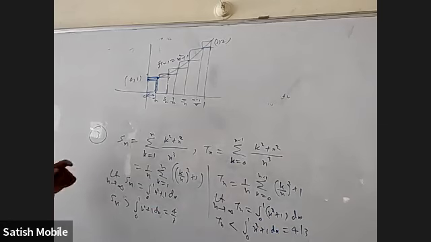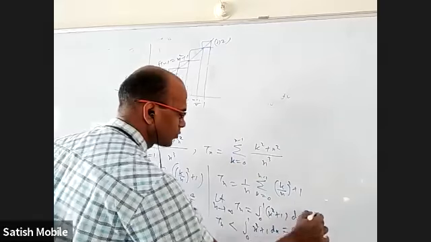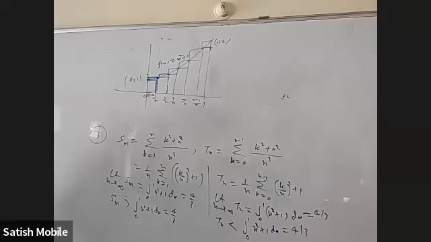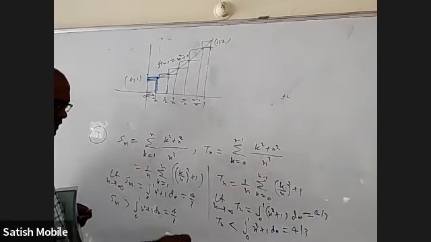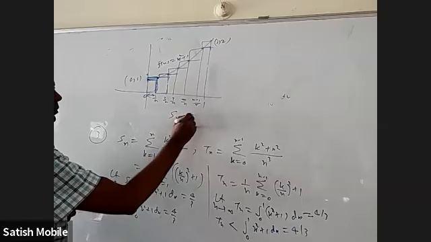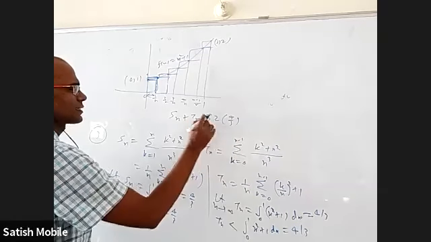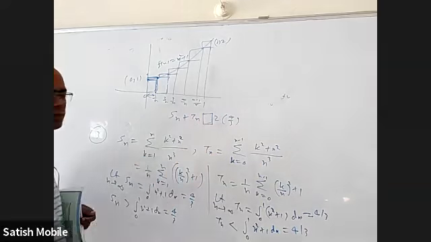But they should also have given this question: limit n tends to infinity, Sn is equal to 4 by 3, and limit n tends to infinity, Tn is also 4 by 3. Anybody remembers earlier I gave you this explanation? Sn is more than 4 by 3, correct; Tn is less than 4 by 3, correct. Sn plus Tn, will it be greater than 2 times 4 by 3 or will it be less than? What will come in this place, less than or greater than?